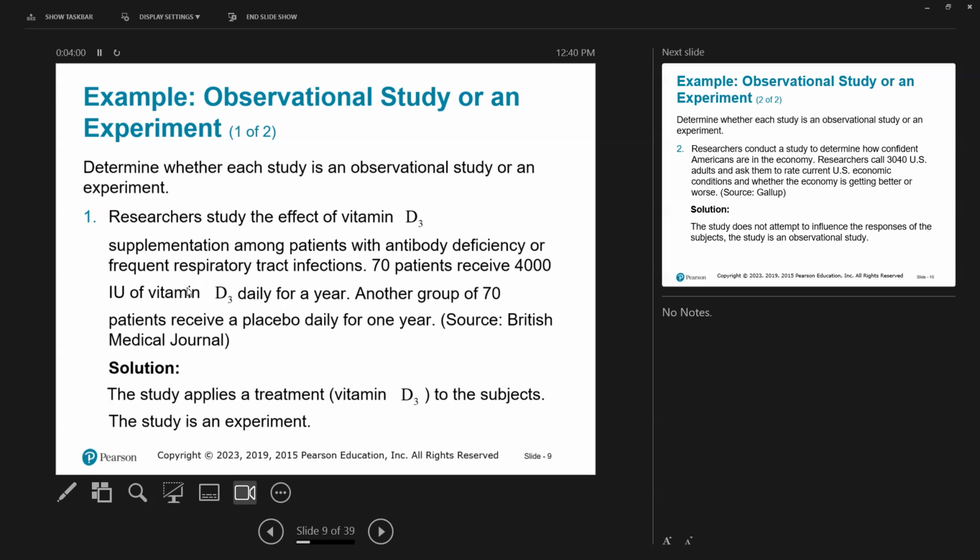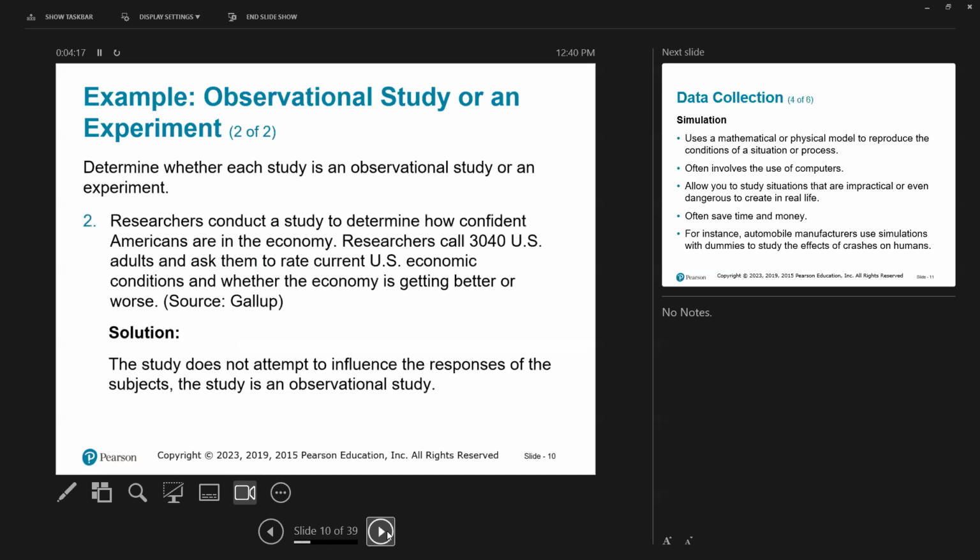So here we're going to decide if each of these sentences is an observational study or an experiment. And then the first one will be an experiment because they're actually applying a treatment here, which is vitamin D. When we look at the second sentence,